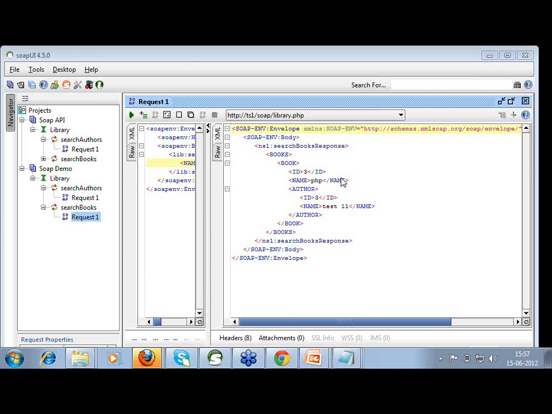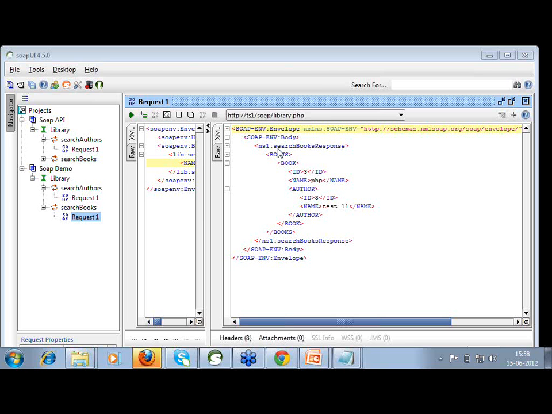Next question is asked by Patsa. Ruby on Rails provides an easy way for CRUD operations, so why SOAP and REST? I'm not sure about Ruby on Rails, so I will not answer this question. But yes, I can say web services are not platform dependent.